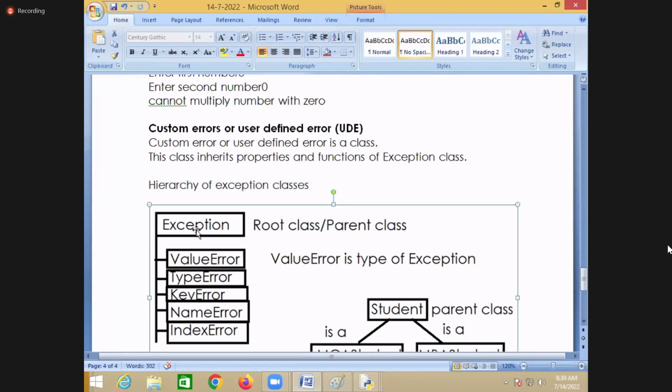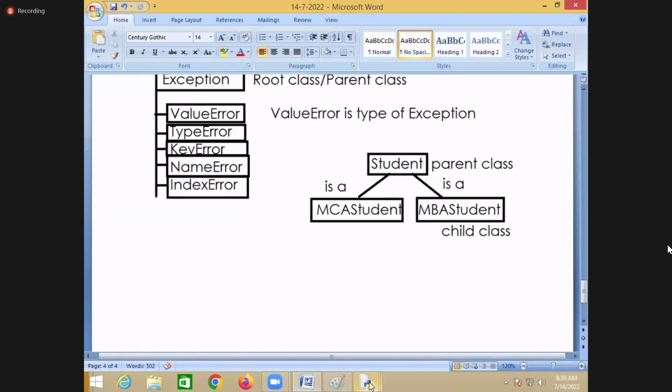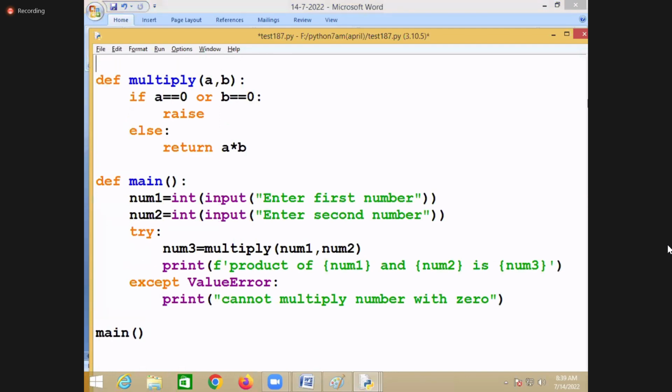ValueError inherits the Exception class, and in the same way the exception class you develop also inherits Exception. Now I don't want it to generate a ValueError, but I want it to generate a MultiplyError. Then I develop one class.